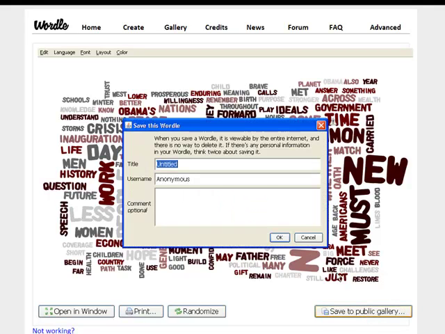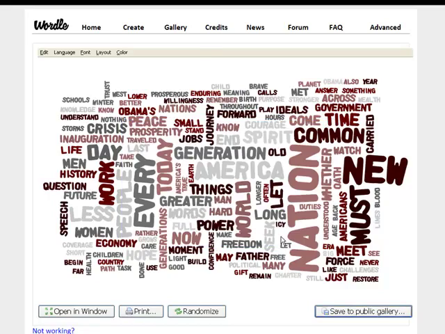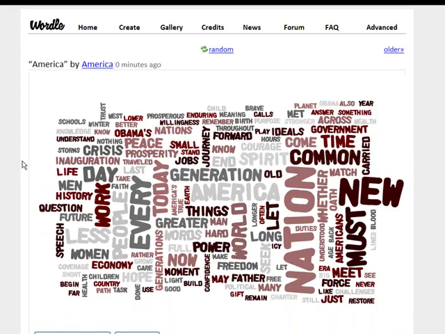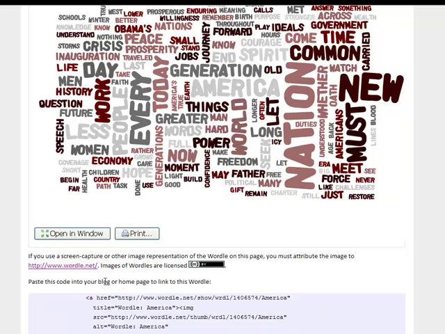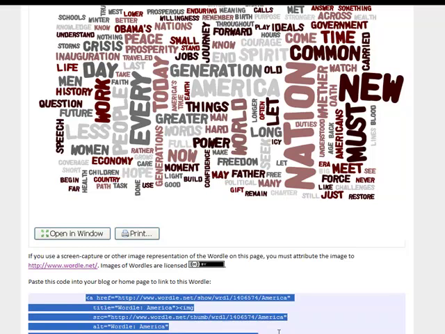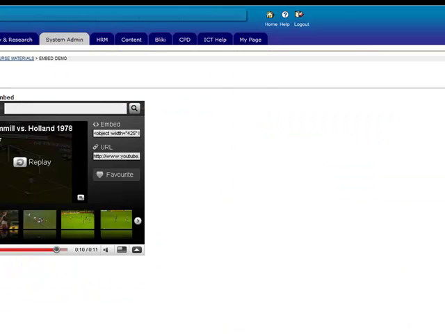So we click here, give it a name, and click OK. And then if we scroll down, you can see down the bottom it says paste this code into your Blogger homepage to link to this Wordle. So all we need to do now is select here, drag right across the top, and then right click and copy. And that's copied this code onto our clipboard. We go back to Blackboard,